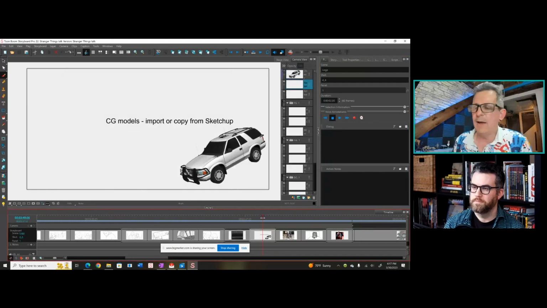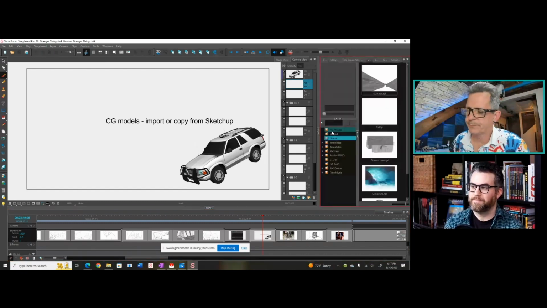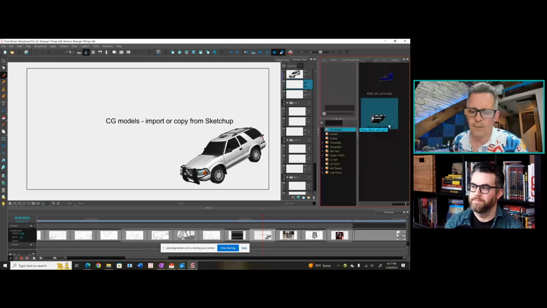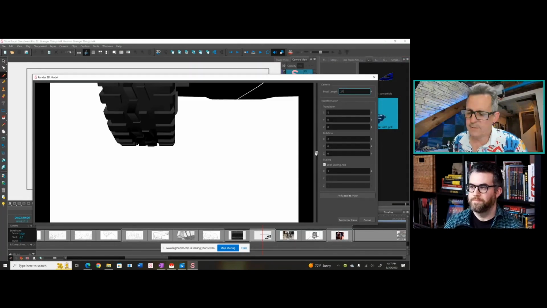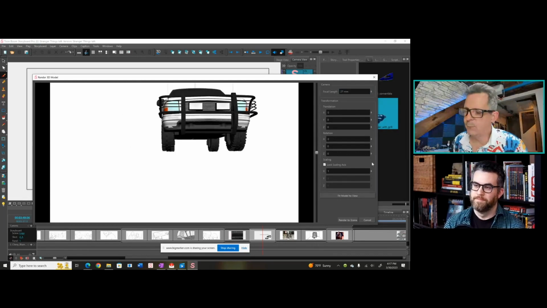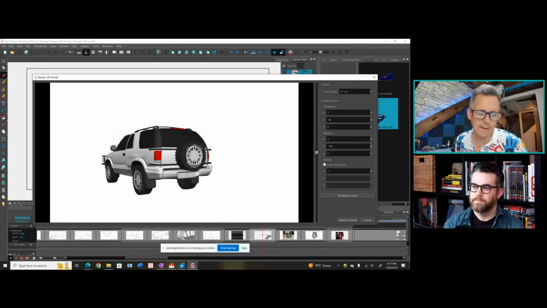And then a lot of times we've got vehicles, whether it's that plane or other vehicles. So once I know what all we need, then I'll go through and I'll start building a library in 3D models of whatever kind of vehicle we're going to need. I don't like having to draw vehicles. I can. It just takes time. So I will find generally within SketchUp, I can find most things for free that I need.